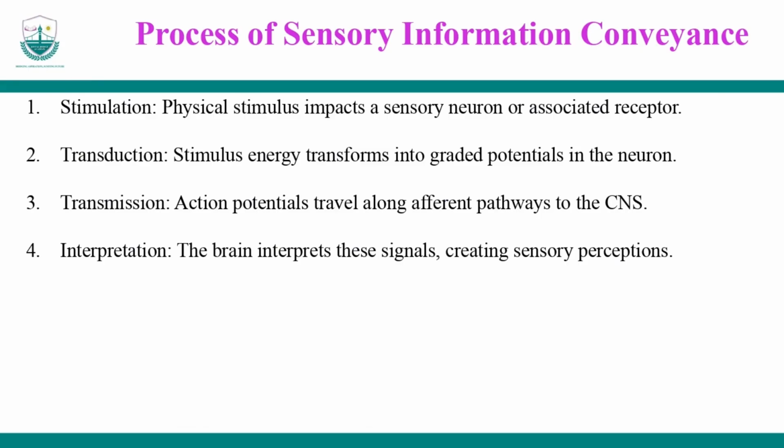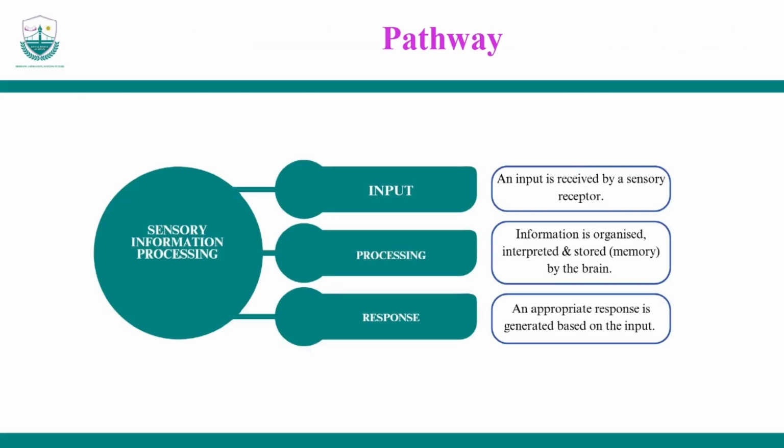The next thing, if you have the impulse now, you need to transmit it, and it goes through the different neurons that we have talked about. And then when it reaches the brain, it carries out the interpretation, integration, and also making sure that there is memory about that information that it has received. So still, the process is basically the same. Input,